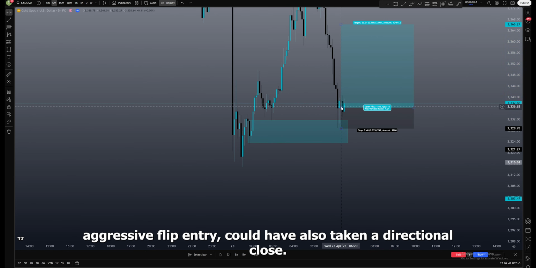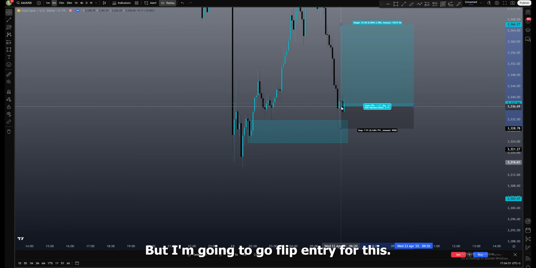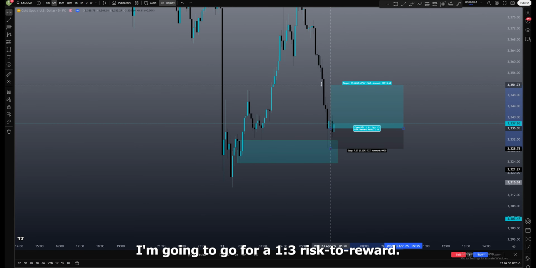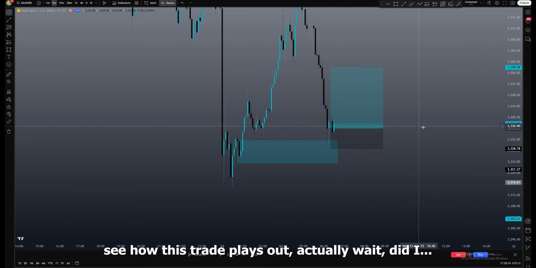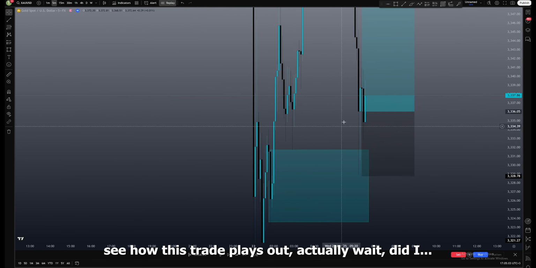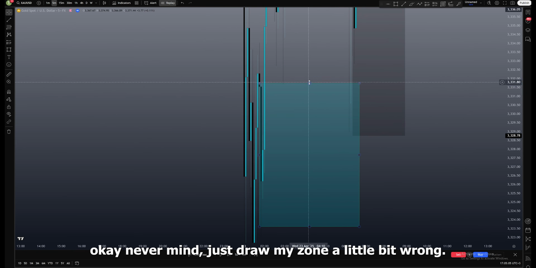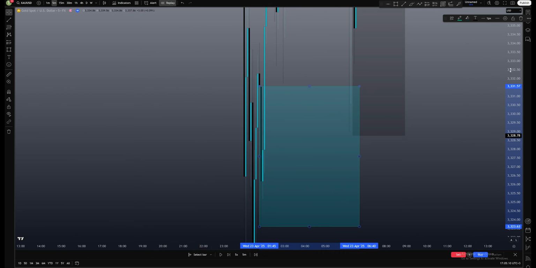Aggressive flip entry. Could have also taken a directional close, but I'm going to go flip entry. For this, I'm going to go for a 1 to 3 risk reward. Let's see how this trade plays out. Actually, wait. Okay, never mind. Just drew my zone a little bit wrong, but if this would have been tapped, the zone would have been